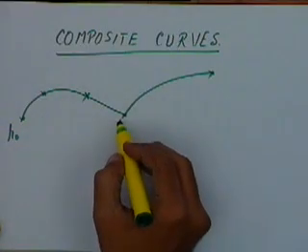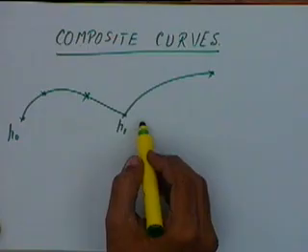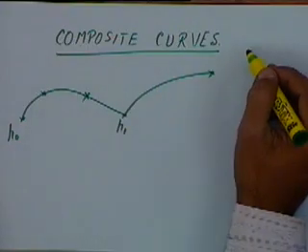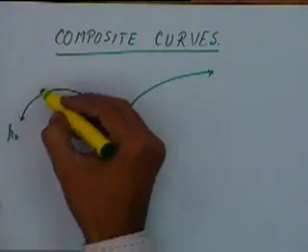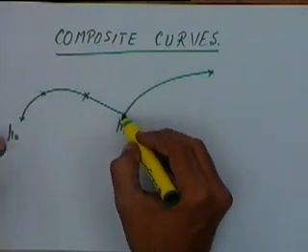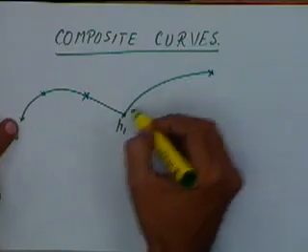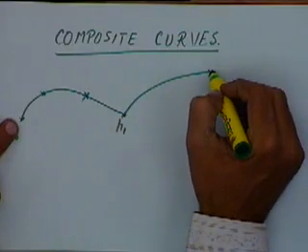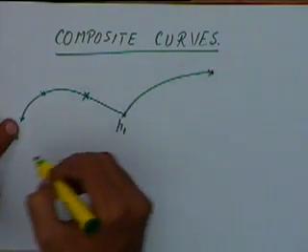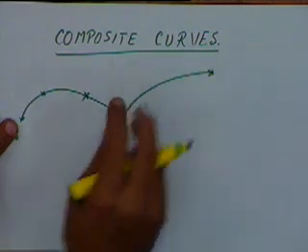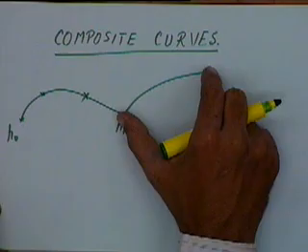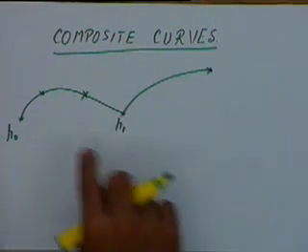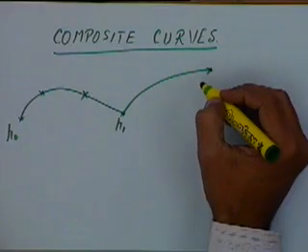Now this cubic curve can be controlled through 4 points. But let us say if I want a larger curve and I want to control it through a larger number of points. In that case we can define composite curves. This is the first curve, the second curve which is starting at this point and continuing further. So these are composite curves. And this is one curve segment in that curve and this is the second curve segment in that curve. So composite curves are basically a set of curves in succession.